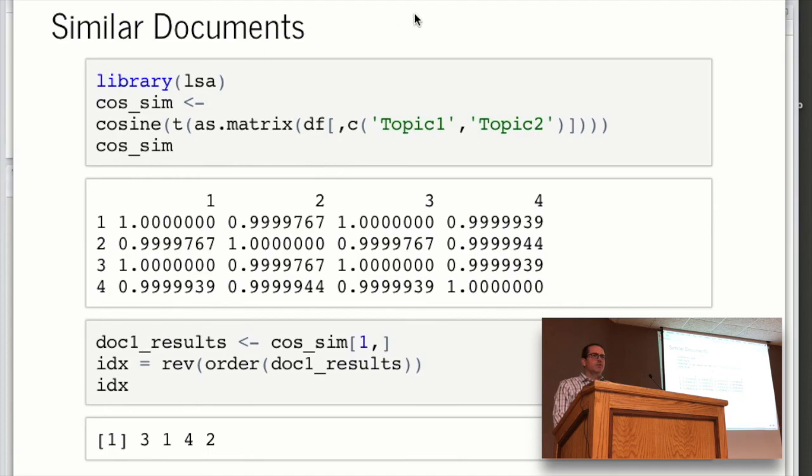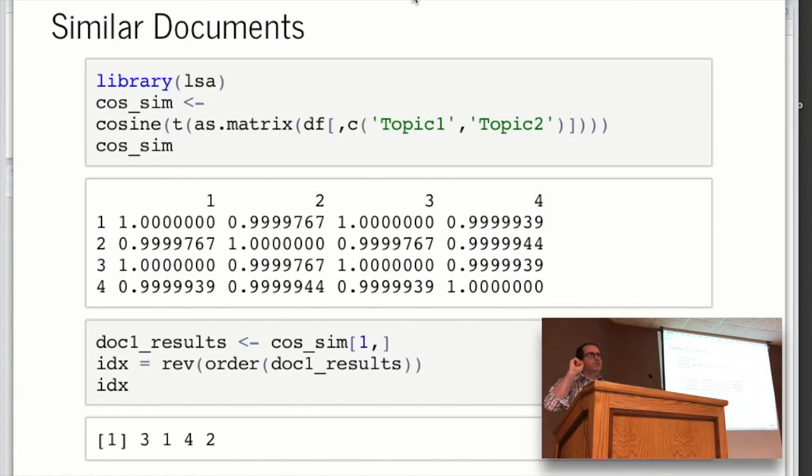Similar documents. An approach to this is to do cosine similarity of the documents. Again, not going to walk through the math here, but it's essentially a multiplication, not a dot product, excuse me, an element-wise product of the various topics.